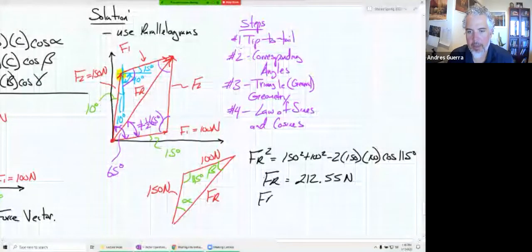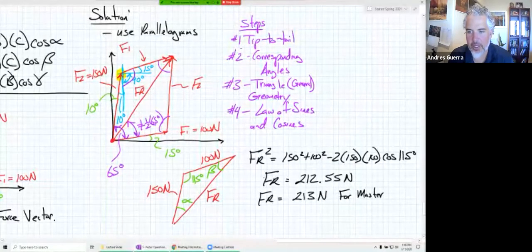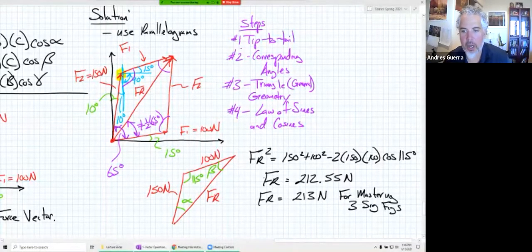Mastering, they want everything in 3 sig figs. So we would do 213 newtons for Mastering Engineering. I think they just tell you to enter it in 3 sig figs. I don't think they take off any points. But we do 3 sig figs for Mastering there. And then we could also then,